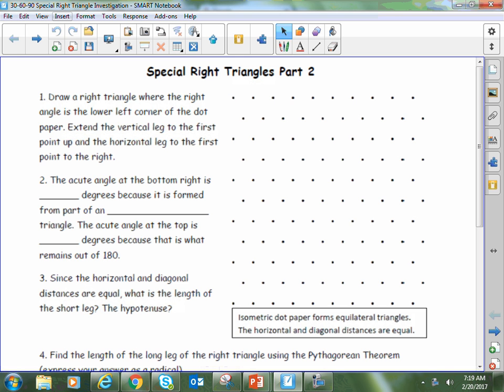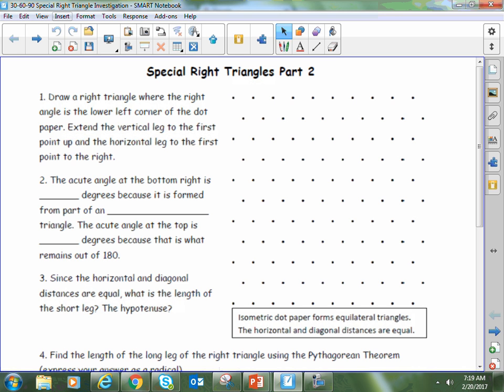This is just to follow up on any thoughts that you might have had, and hopefully give you an opportunity to clear up any questions that came up as you did the investigation itself. I'm going to run through it here briefly, and you can check what you put in on your investigation versus what I have here. Hopefully we were able to draw the correct conclusions about the two rules associated with 30, 60, 90 special